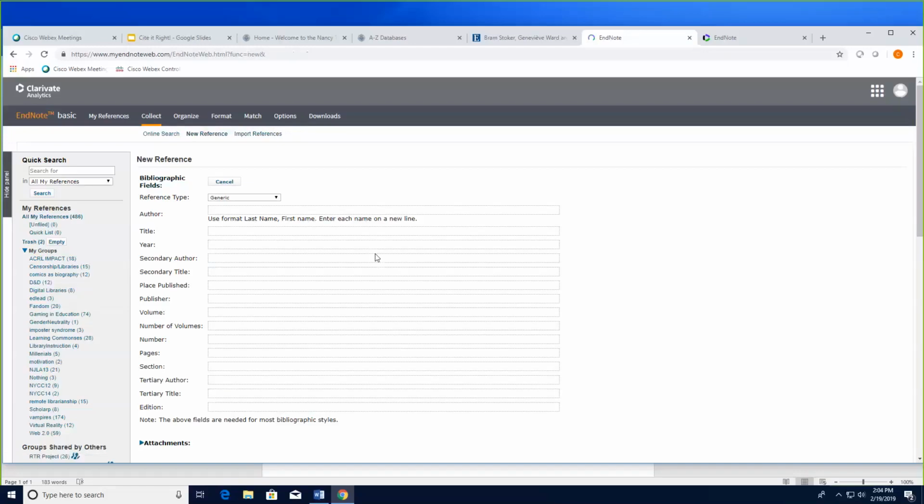When we go to New Reference, it gives us all of these options: author, title, year. You don't have to fill in all of these fields, just the ones that would go towards constructing a reference in whichever style, APA, MLA, Chicago. Now, this is just for a generic reference, but if you choose this